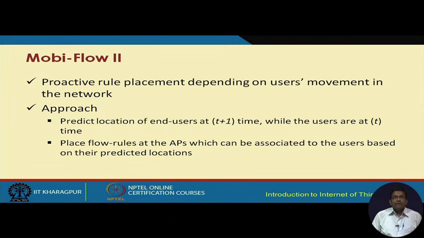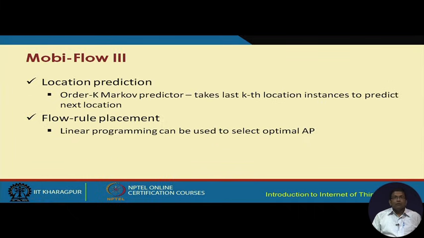MobiFlow gives a proactive rule placement scheme depending on the user's movement in the network, and when we talk about such a scheme, it is very important to have some kind of prediction of the location of the end users at the next time instant, given the data of how the user was moving till a particular time instant, and then place the flow rules at the access points which can be associated to the users based on the predicted locations. Location prediction,